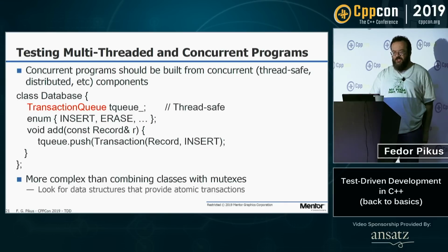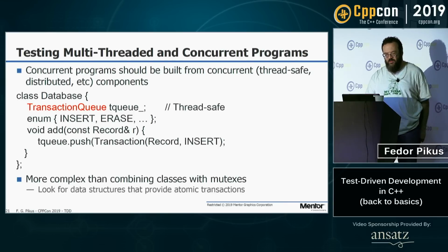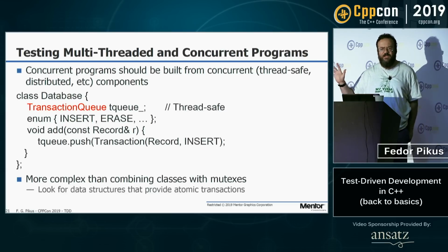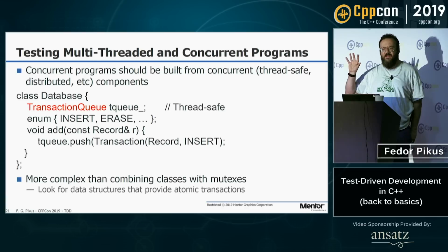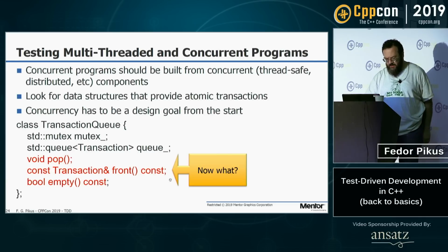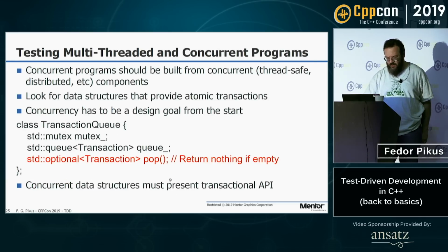What you want is a thread-safe transaction queue that encapsulates the thread safety aspects. And it should provide you with atomic transactions. By atomic, I don't mean lock-free like C++ atomics. It could be using locks inside. I mean the interface is atomic. Every call is an atomic transaction, does some complete transaction operation, is uninterruptible. It happens, it cannot be interfered with. You could use a lock to ensure that. Okay, let's skip the interfaces for time.